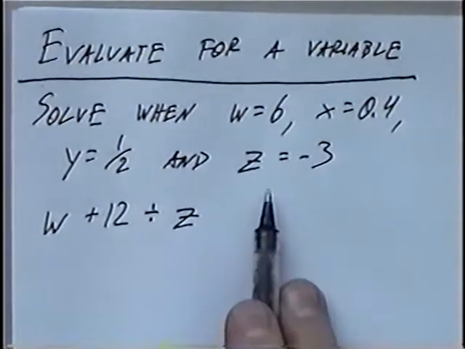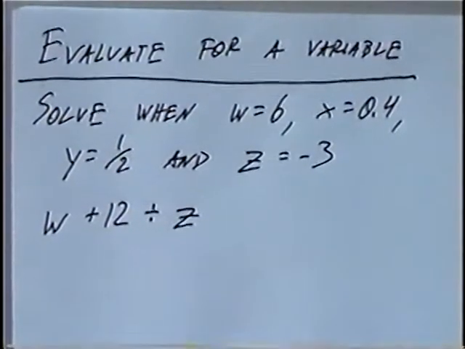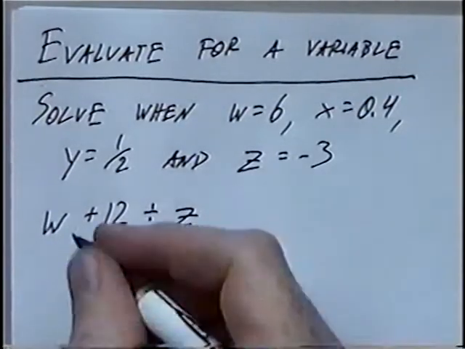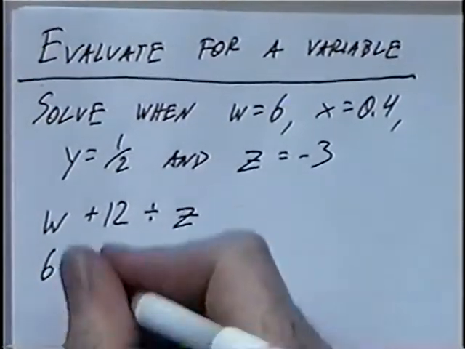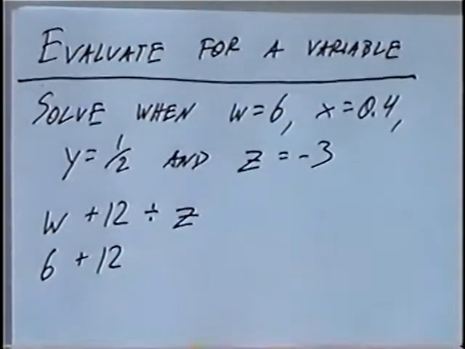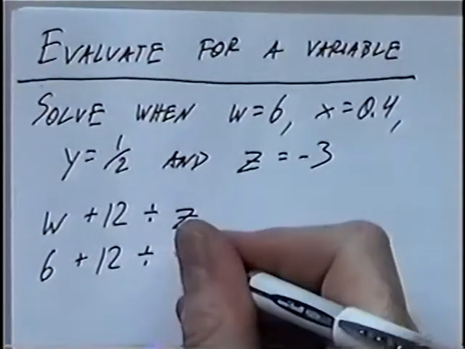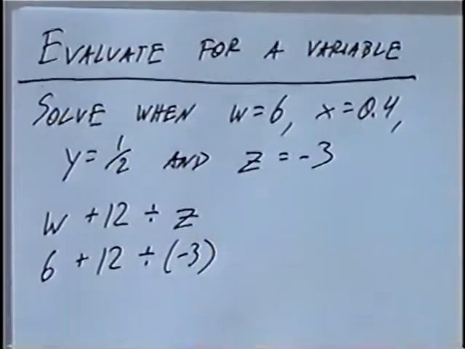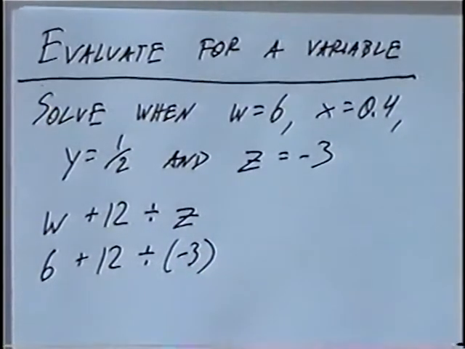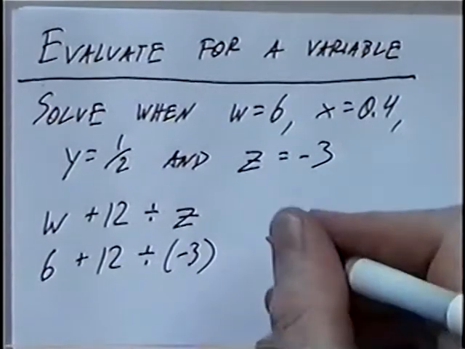Given the previous four values, we can plug in for the variables and then solve. For example, w equals 6, so we'll put a 6 in place of w. Plus 12 stays the same, and divided by z, z is -3, which I'll put in parentheses. This problem we have addition and division. If you remember PEMDAS,